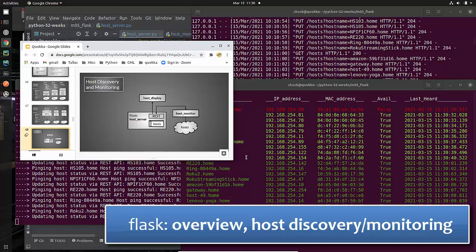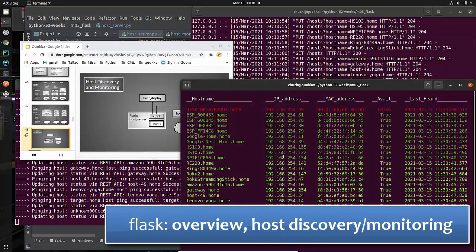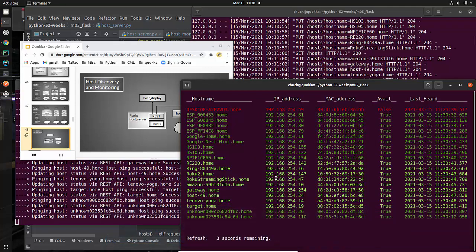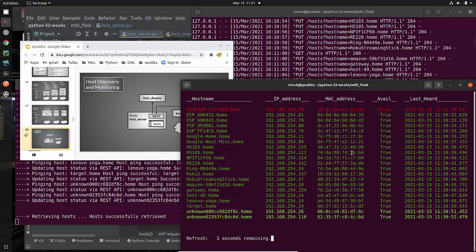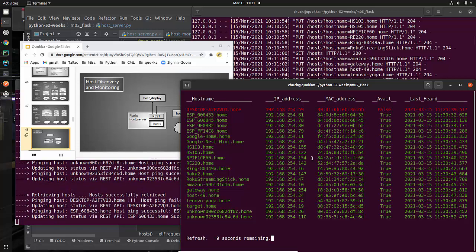What am I talking about? Well, I'm talking about this simple application that you kind of see a little bit of on your screen here. I have devices. These are actually not devices, but they're host type of devices, I guess you'd say. These are hosts on the network that I have discovered, and I am keeping track of whether they are alive or not, and I'm updating things, and I'm printing this nice user interface, which is just a terminal window that